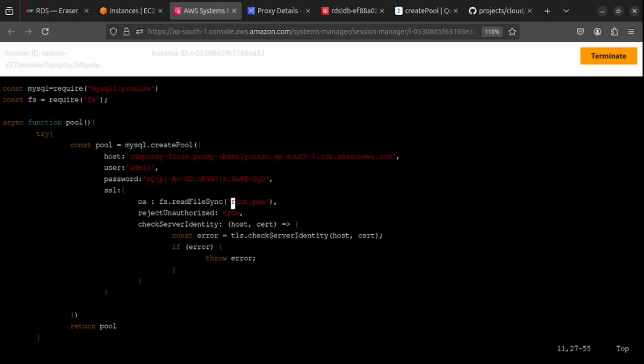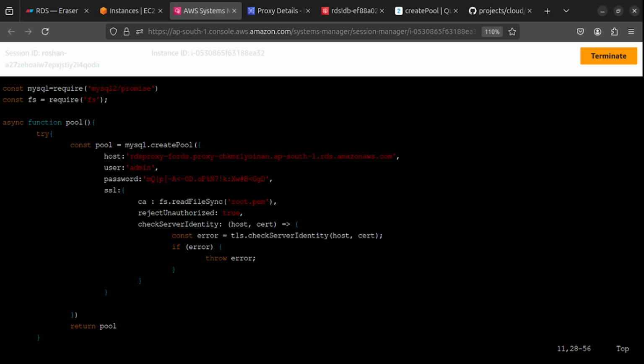If you remember, we downloaded the certificate from the documentation. What happened here is that we provided the endpoint of our RDS proxy, and we specified the certificate which is valid for the RDS endpoint. So that is the reason the handshake did not occur between the RDS proxy endpoint and our